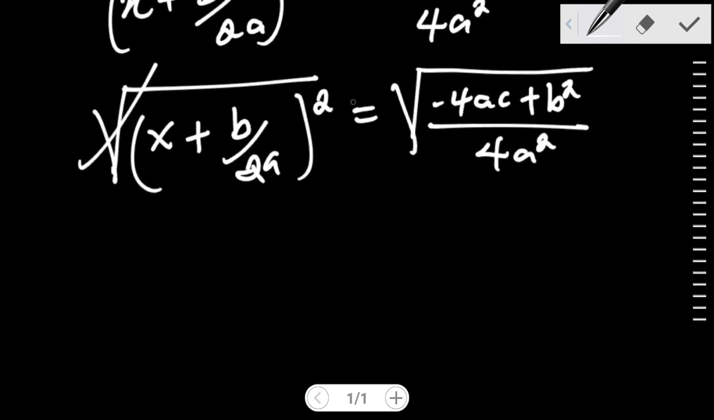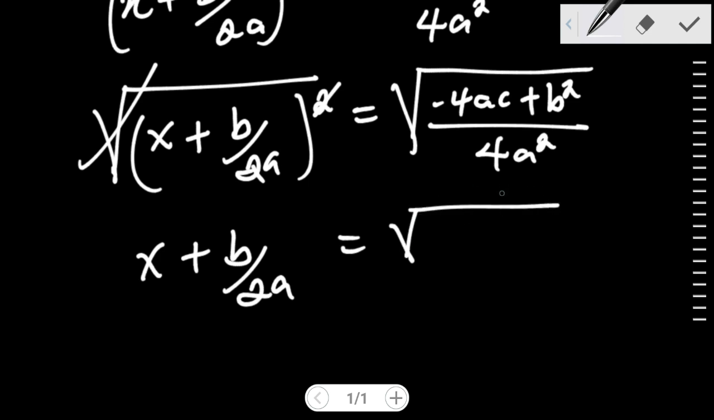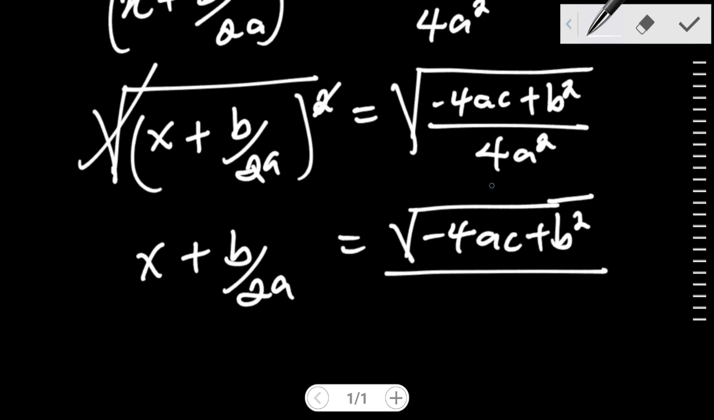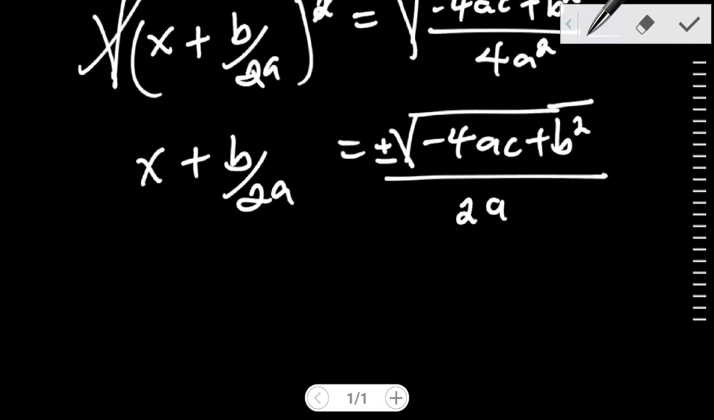The square cancels out because I'm having this root and the 2 up here, and therefore I'm going to have x plus b all over 2a, which would be equal to the root of negative 4ac plus b squared, divided by, now 4 has a square root, and therefore I'm going to have 2, and here I'm going to have a. But remember, the root of anything is either positive or negative,